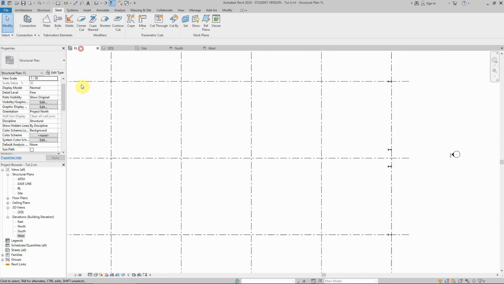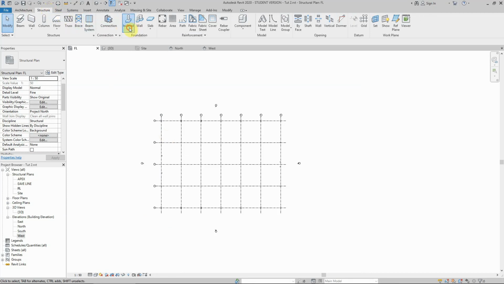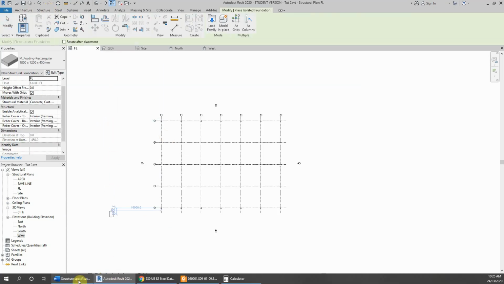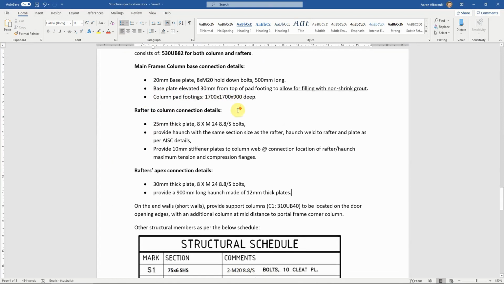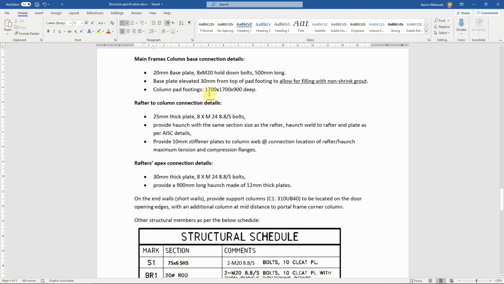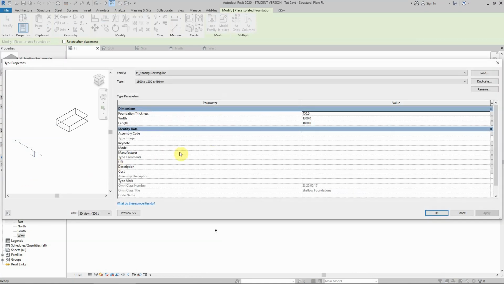If I go to the floor level layout, I need to go to structure, isolated footing, and the footing specification here: 17 by 17 by 900. There's nothing specified for the short columns, so I'll assume 1200 by 1200 by 900 for that one as an assumption. So we've got 18 by 1200 by 450 deep. That's not what we wanted, so we can just edit type and check if we have our size. We don't. Duplicate and we call it 1700